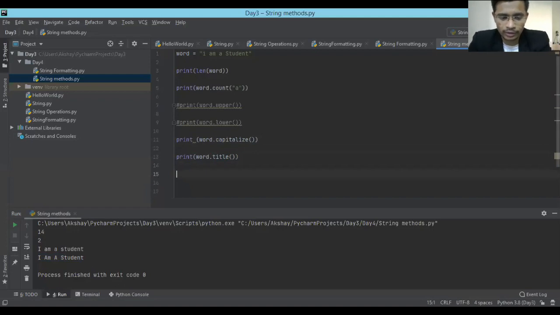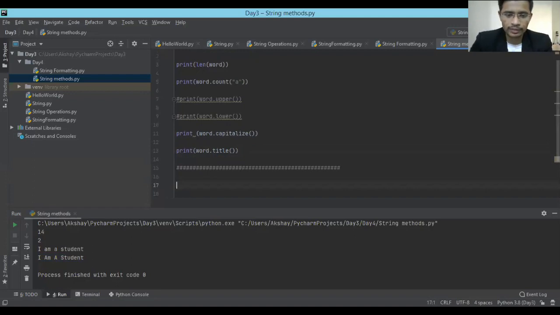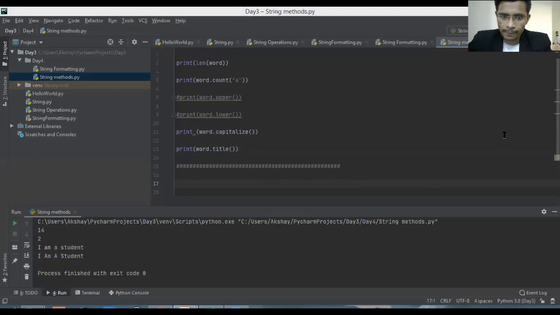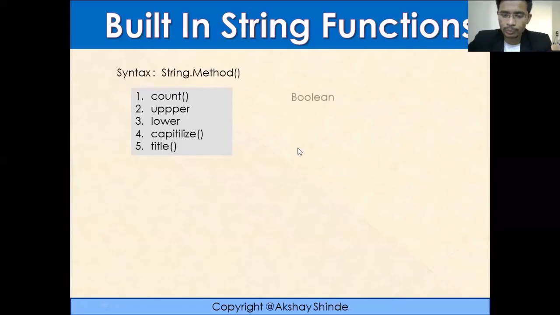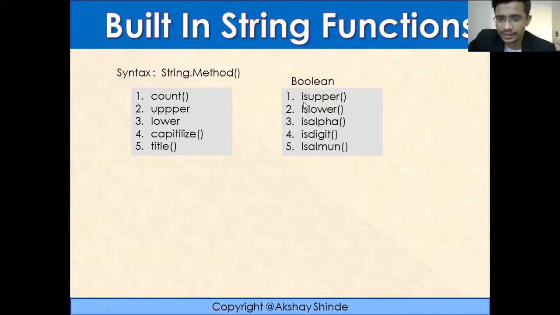Okay, so there are some beautiful functions over here as well. So let's go and check that. If you want to play with the Boolean ones, let me share my screen again, the PPT one. So there are a couple of other functions which will be useful, and these start with isUpper. This isUpper will help you check whether the string that the user has provided is in upper letters, whether the string is all in lower letters, whether the string is alpha, meaning it contains only characters. Okay, alpha is only characters. isDigit means whether the string contains only digits.